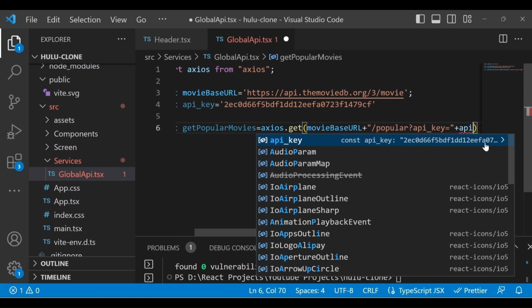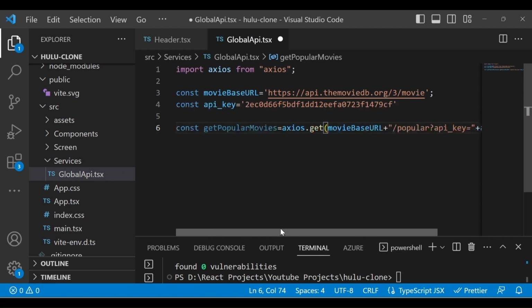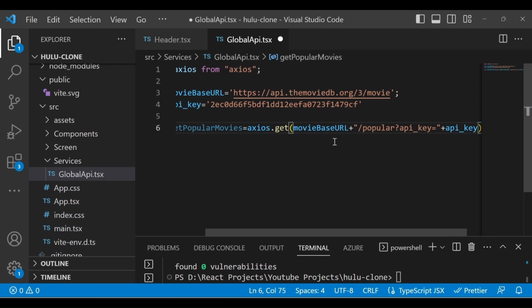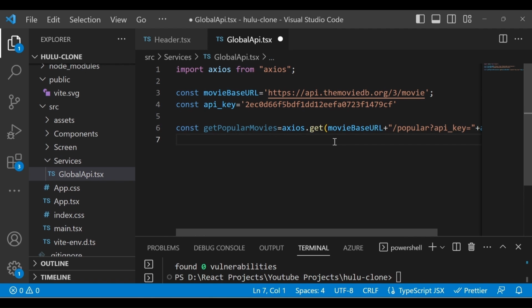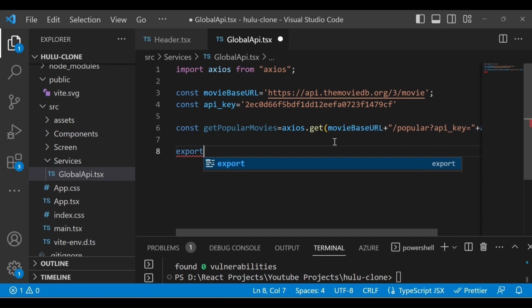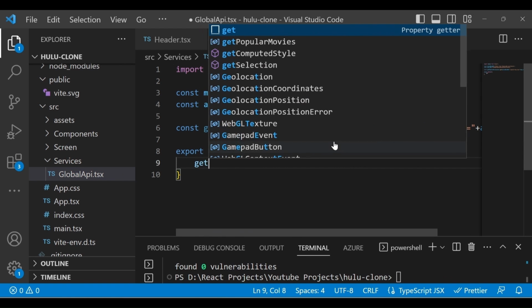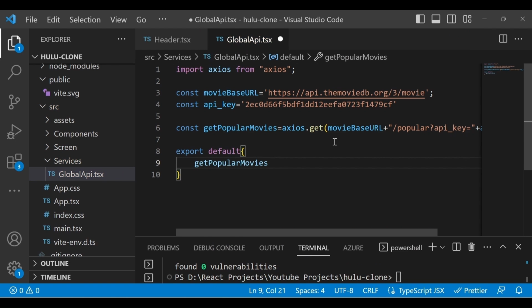Then you have to export this so that we can use it in other components. So export default, and let's say get popular movies, okay, that's all.